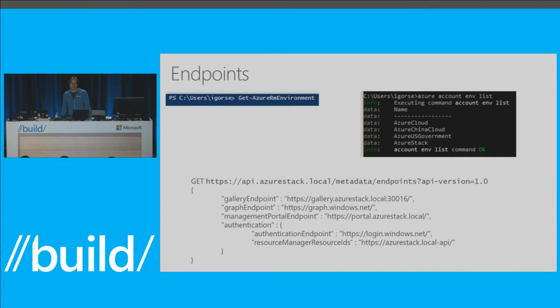So we have ways of dealing with it. Our command lines are pre-built with an understanding of multi-cloud targeting. If you do things like Azure account environment list, you will actually see a set of endpoints built in there. However, if you're building an application and you want to be dynamic, we actually serve this set of endpoints on an anonymous call to Azure Resource Manager. So you can hit an API endpoint, and then you can discover other endpoints that you should be using. Things like, for example, which authentication endpoints to use for my OAuth against this cloud, right?